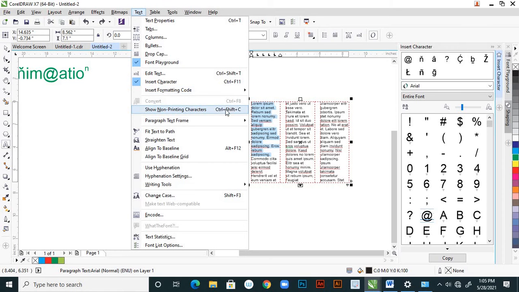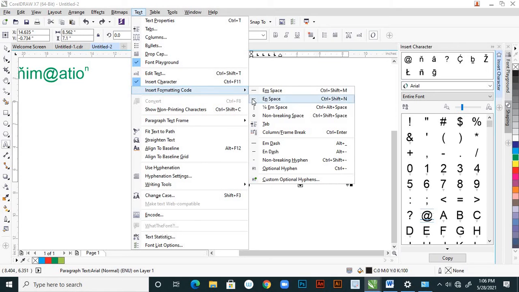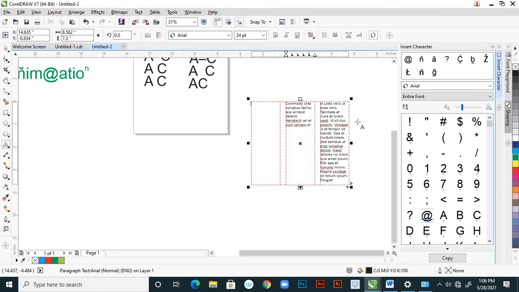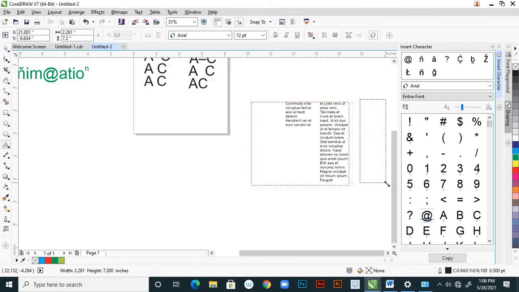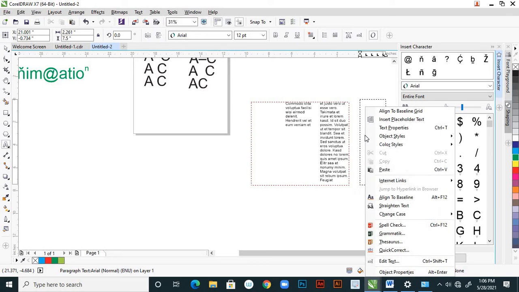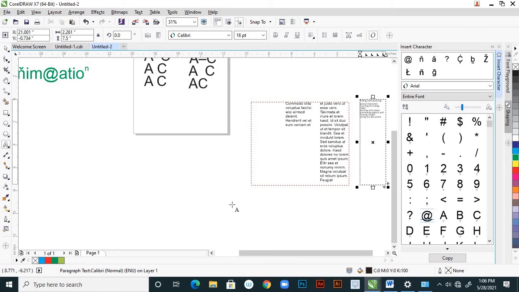And from Text use this column frame break. So here that column portion breaks, and from there to here the column is broken, right? And suppose you paste the broken text here, right?